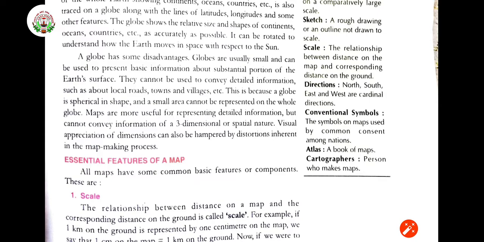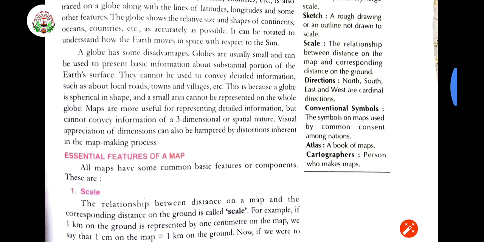So it is difficult. Map making process is not so easy, right? Visually we are going to appreciate how it is going to look like, but it makes it difficult. Something is going to make it difficult by distortion. Distortion means what? To change the shape or sound of something so that it seems strange for us, right? So it becomes a little bit difficult to find it out.